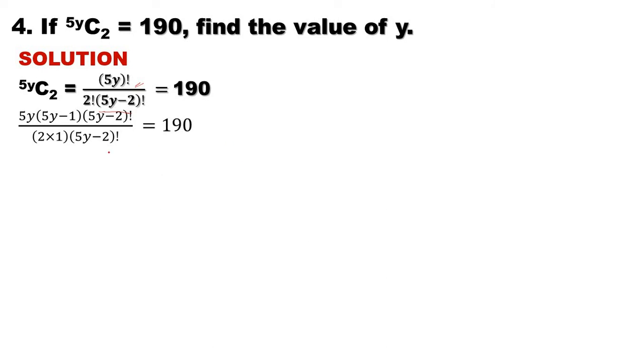With that now I can cancel this and this, and then I'll have this. Simplify it: 5y(5y minus 1) all over 2 plus 190. By cross multiplying, I'll have 5y minus 1 equals